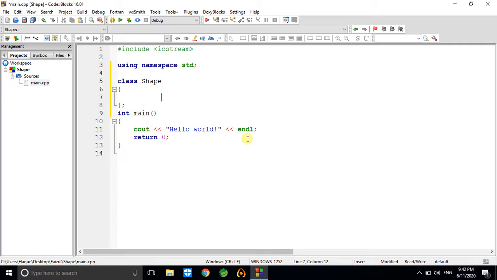Always remember that in a base class, if we have private members, whether it is a data member or member function, those private members are not inheritable at all. Even if your access specifier is public, private members are not inheritable at all.